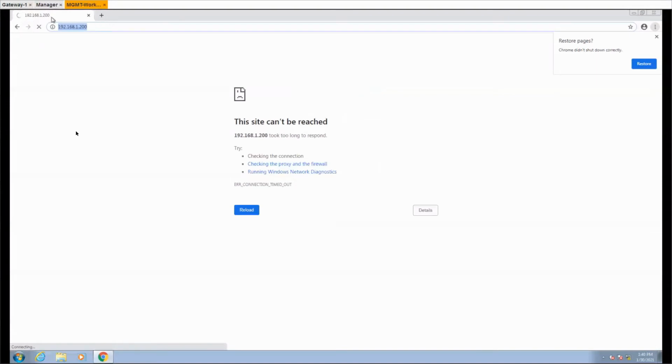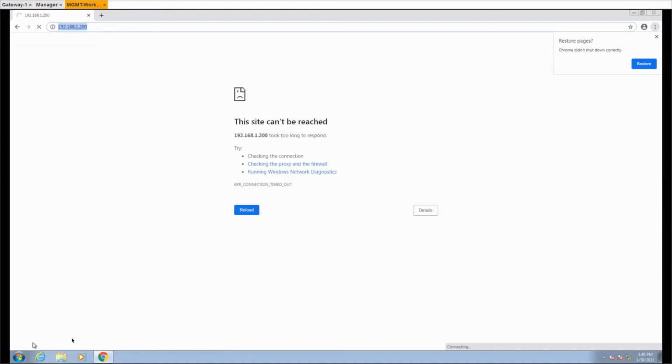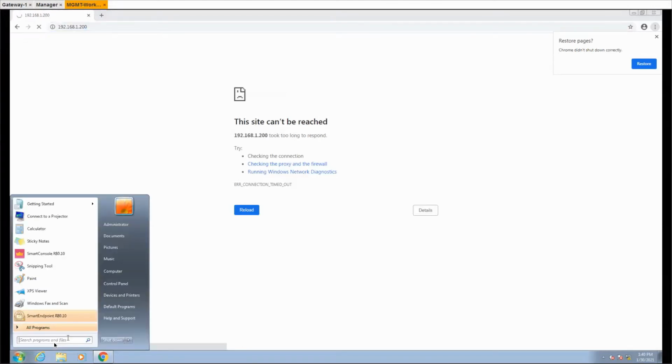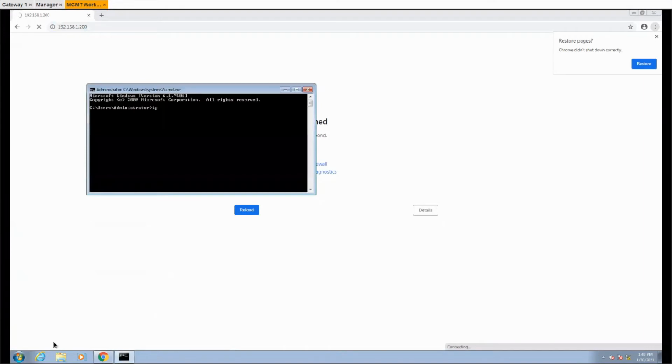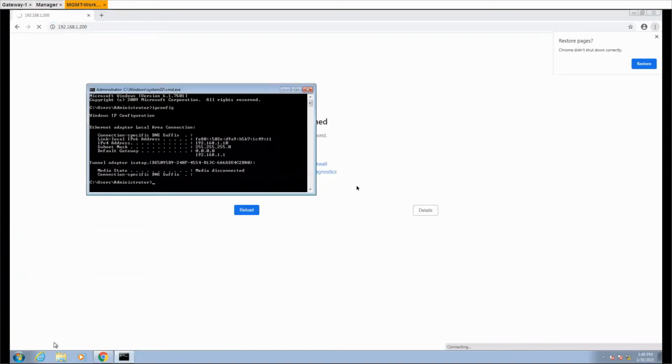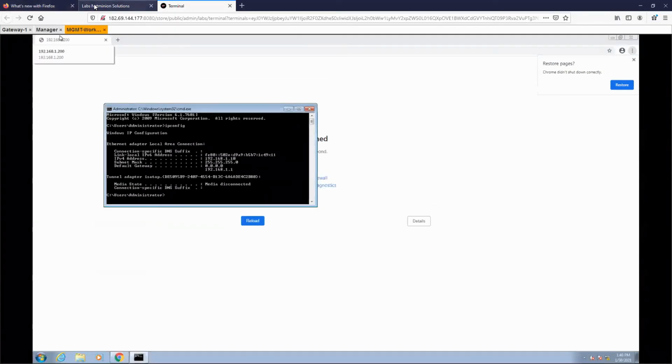Okay, it's not reachable. So let me check why. What's the IP of this machine? 1.10. Let me check the switch as well.